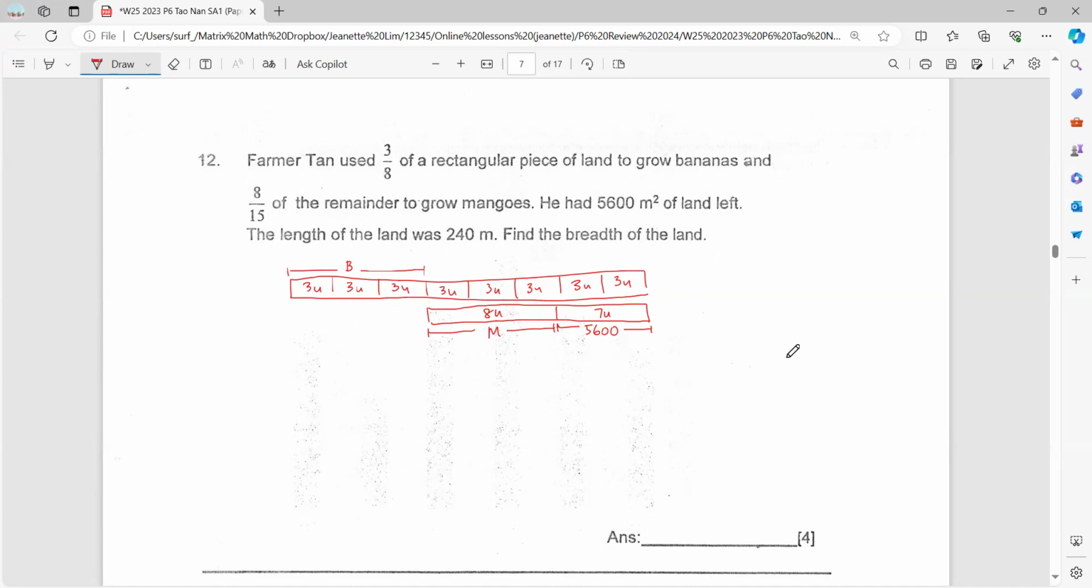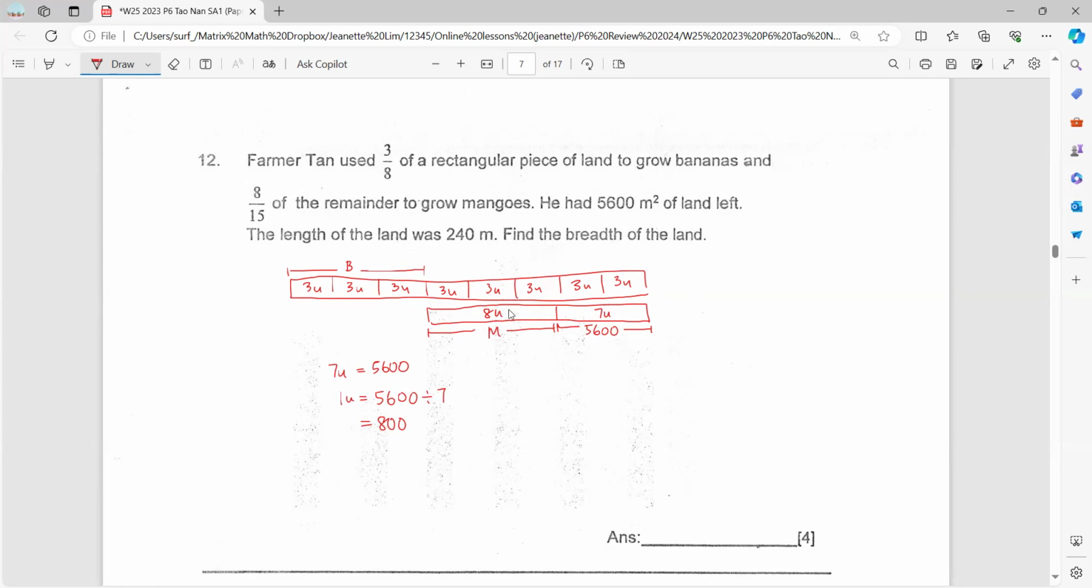So what is 5600? Starting from 5600. 5600 is 7 units. So 1 unit we divide by 7, which is 800. Next, I need to find the total length, the original length, sorry, not length, the original area